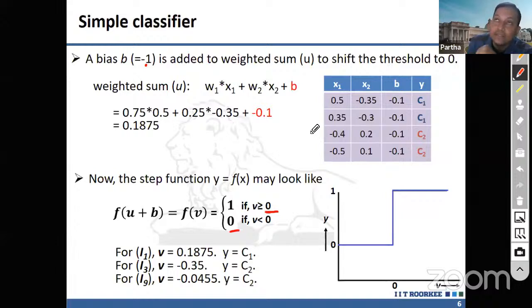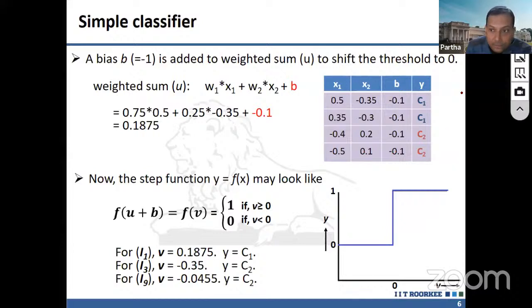So I'm just having this total sum w1x1 plus w2x2, and then I'm adding this b, this threshold, and seeing whether this number comes positive or negative. If it is positive, then it is category 1, otherwise it's C2. So if we see this,